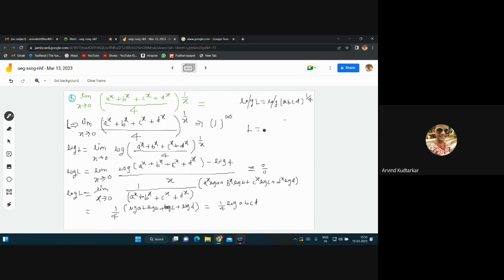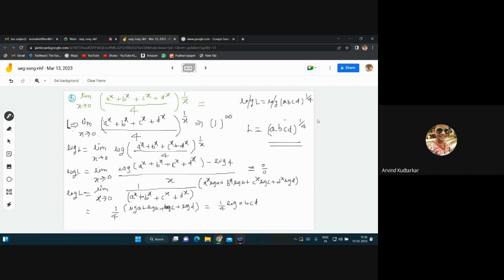L is equals to क्या मिलेगा आप लोगों को? ABCD रेस टू क्या होगा? 1/4 होते हैं, बराबर? तो ये सही है, आंसर है देखो। सो लिमिट टू देयर फंक्शन एज एक्स टेंड्स टू 0, आंसर क्या होगा? ABCD रेस टू 1/4,